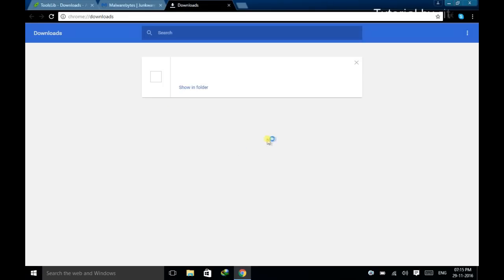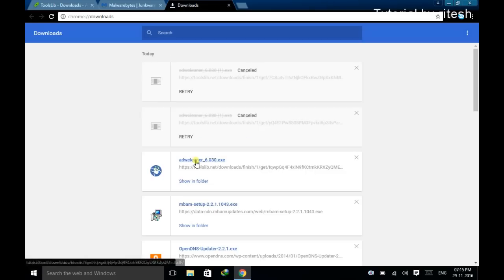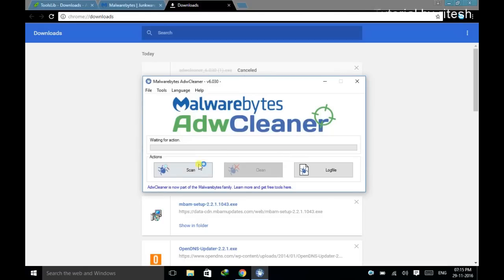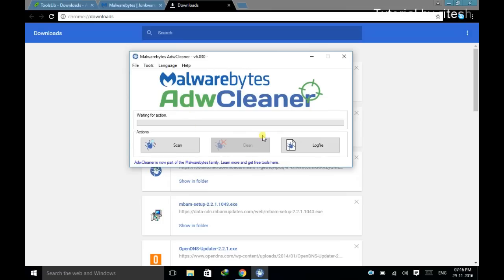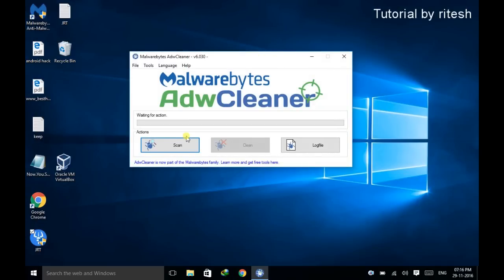So I'm going to my downloads section. Here it's right here. I'm opening it. Now this will open a window. For starting this cleaning procedure, better to close your Chrome so that it can scan for malware effectively, because there may be a chance that malware or adware may be present in your Chrome browser, so better to close it.